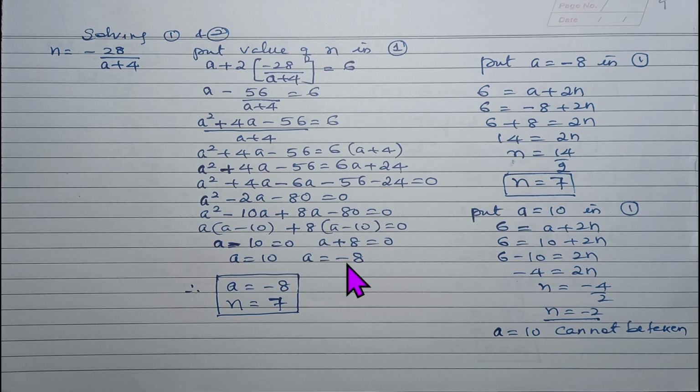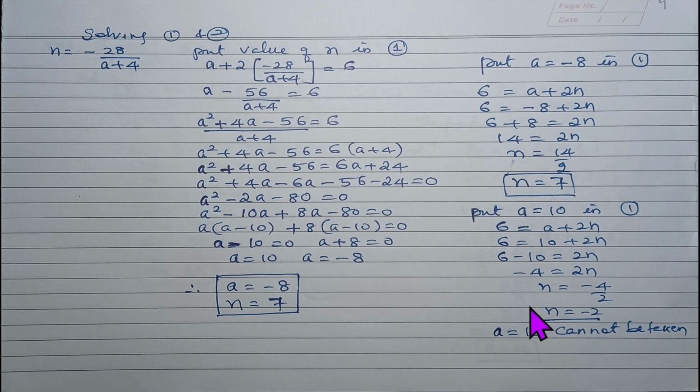Now when we get two values of a, let us see which will be the correct one. Put a is equal to minus 8 in equation number 1. So 6 is equal to a plus 2n, and 6 is equal to minus 8 plus 2n, 6 plus 8 is equal to 2n, 14 is equal to 2n, n is equal to 14 by 2, n is equal to 7, and that is the value of n we have got. But if I put a is equal to 10 in the same equation again, 6 is equal to a plus 2n, 6 is equal to 10 plus 2n, 6 minus 10 is equal to 2n, minus 4 is equal to 2n, n is equal to minus 4 by 2,